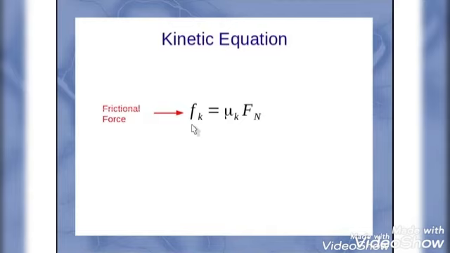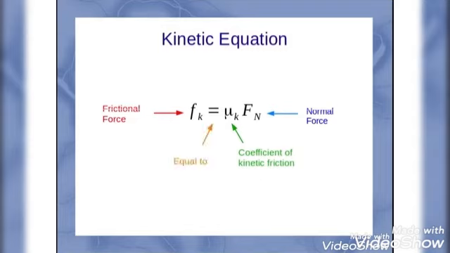When a force is applied to a body, it moves with constant velocity. It is equal in magnitude and opposite in direction to the kinetic friction. So here the normal force is exerted by the surface on the object. From this equation, we understand that kinetic friction is less than static friction. This implies that the starting of a motion is more difficult.